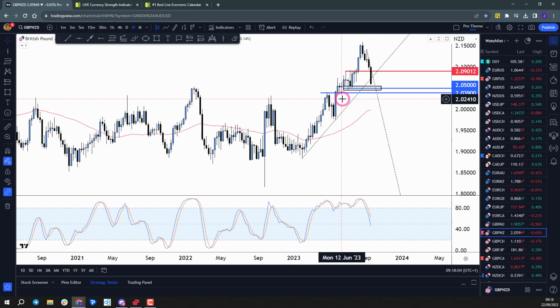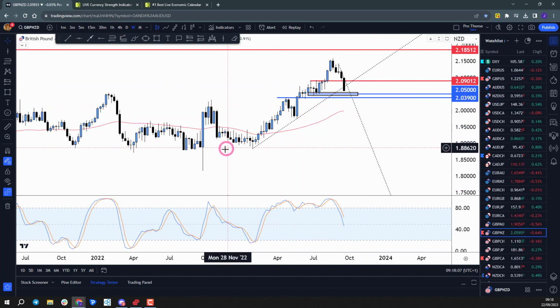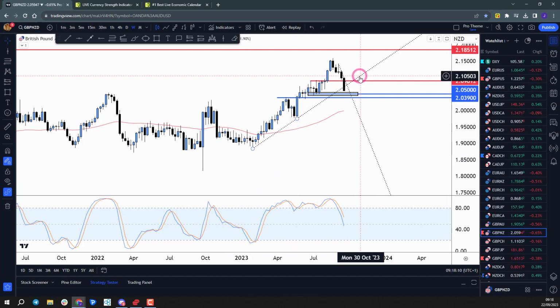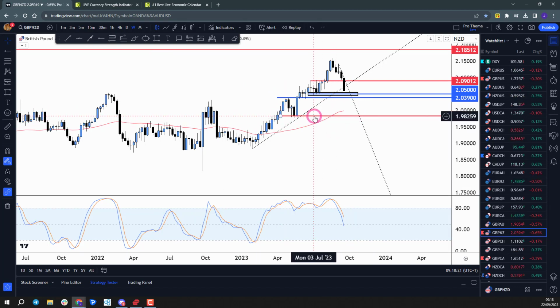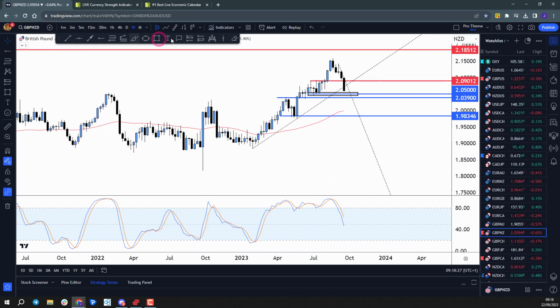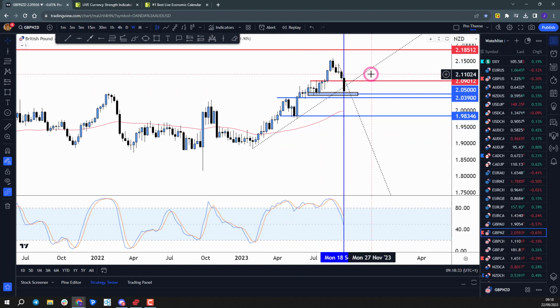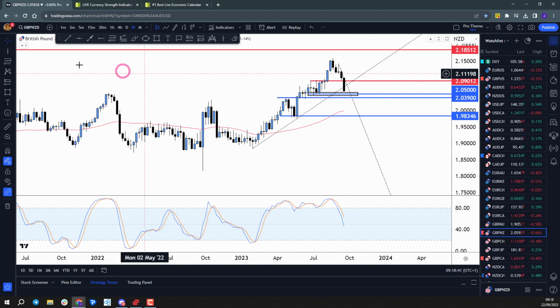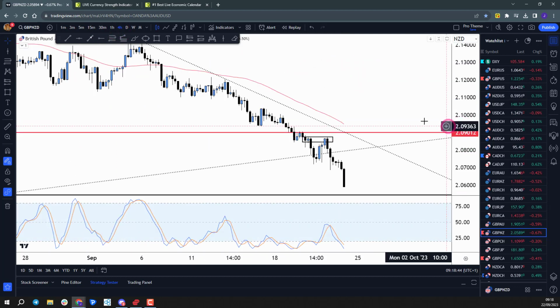Now, on the bigger picture for pound Kiwi, we're actually breaking down through this trend line support. So if we get a strong weekly close outside of that area, we could see some further downside in this market, and this is going to be definitely one to watch going into next week, especially if we do get that strong close. Look at the stochastic as well at this current moment in time. If we get that close outside of the trend line support, and we've got this bearish stochastic, then that could warrant a little bit of further downside as well. So I do quite like the idea of being pound Kiwi short.